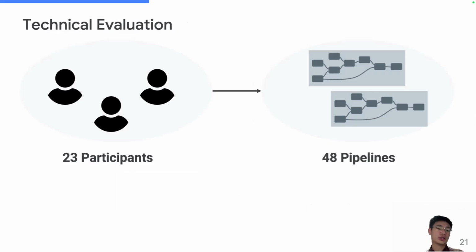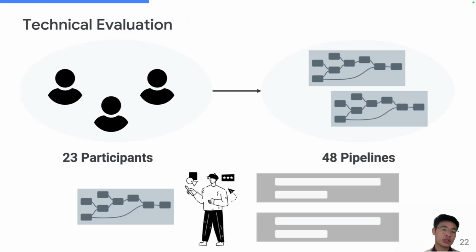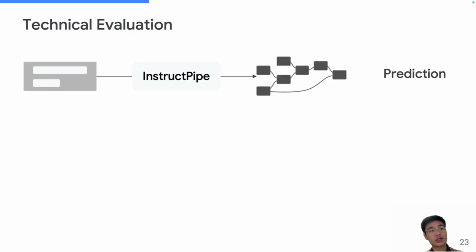To evaluate our system, we conduct two studies. One is the technical evaluation, in which we organize a workshop. We recruit 23 participants and collect 48 pipelines. We also have two annotators to annotate the corresponding pipelines into different instructions. And in our evaluations, we take the instructions as input and